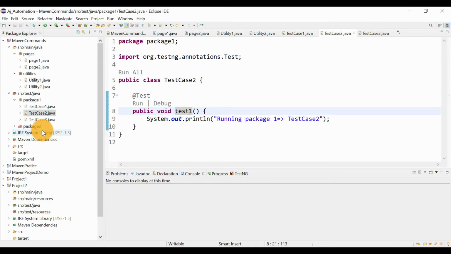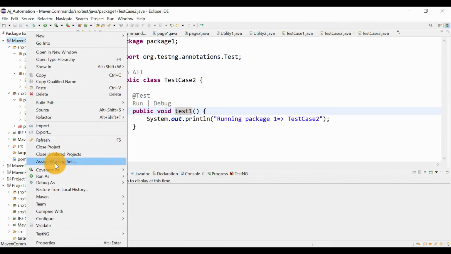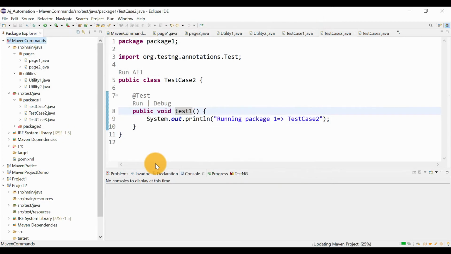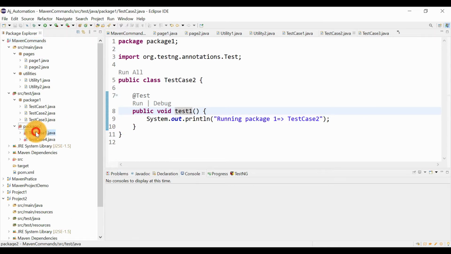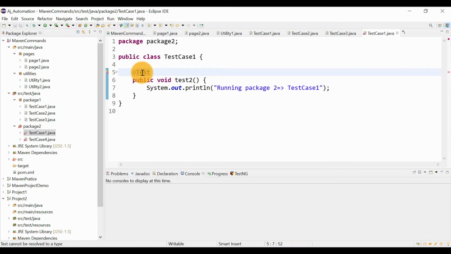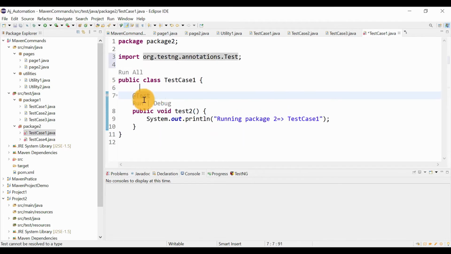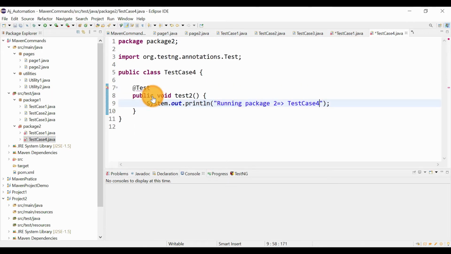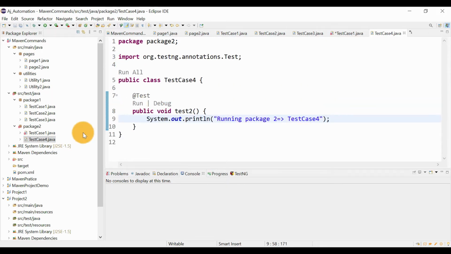Okay, so now the error has gone, so we'll have to update this Maven project first. Okay, and in package 2 import from Maven. Okay, so now the error has gone.